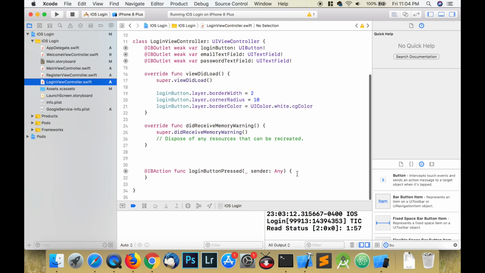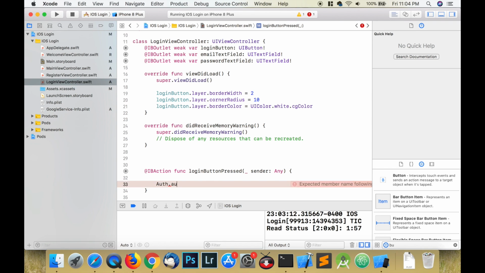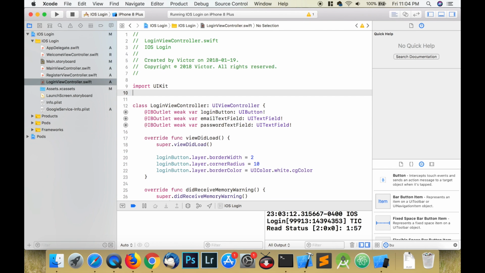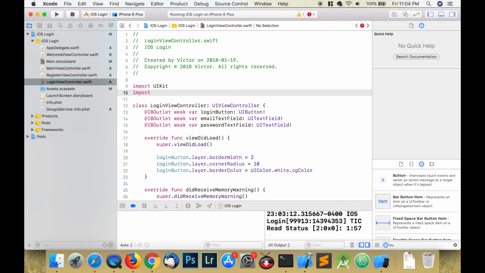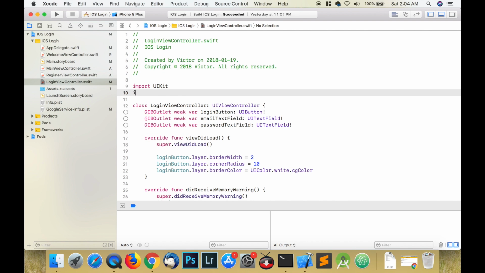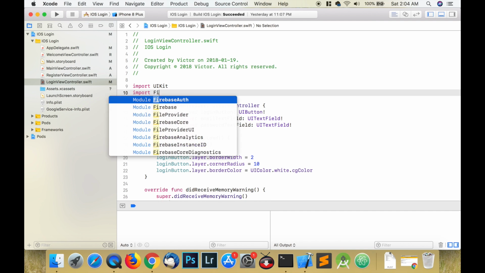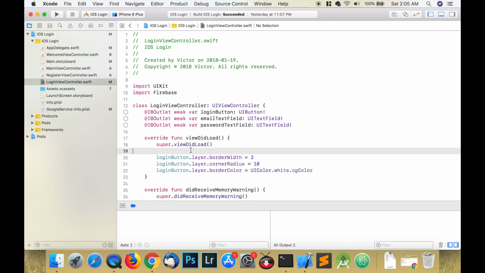And I'm going to go to LoginViewController, make sure that I have imported Firebase. And if you don't import Firebase, you're going to get an error. Import Firebase,